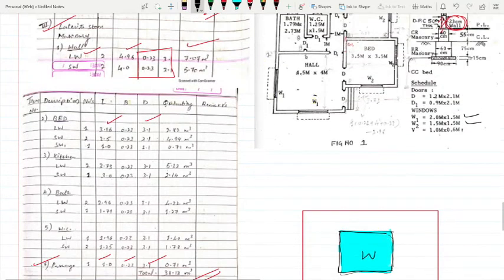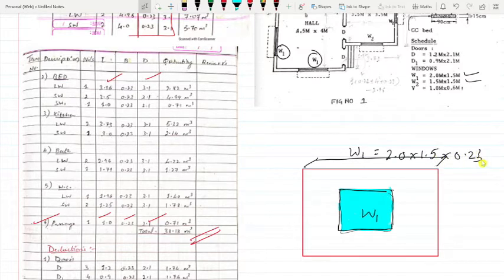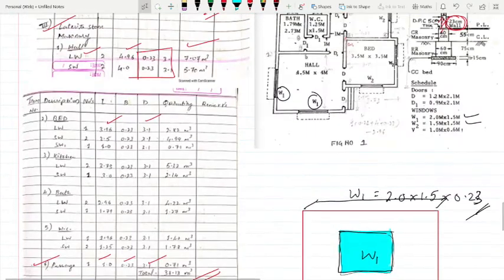See here, both windows are W1. So you have to deduct the W1 quantity. W1 dimension is 2 meter into 1.5 meter, and the thickness here will be 0.23. This much quantity we have to deduct. Now I'll bring this a little bit down.